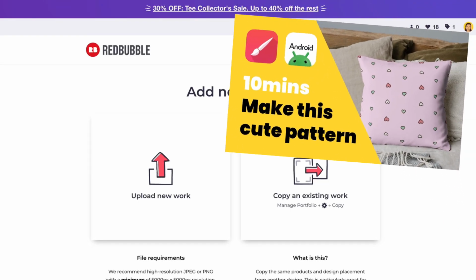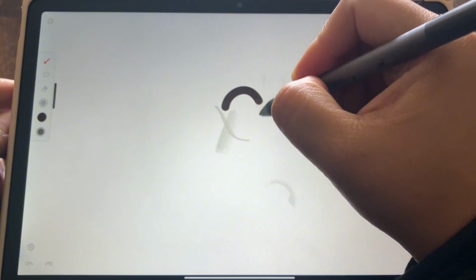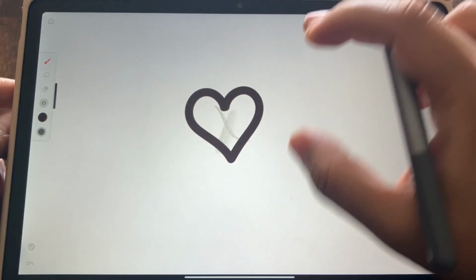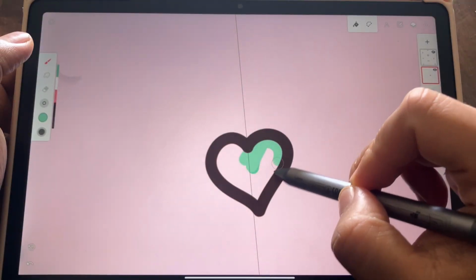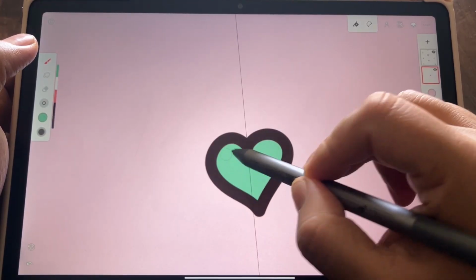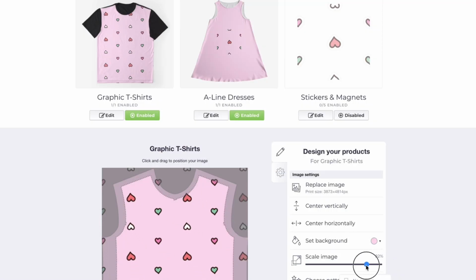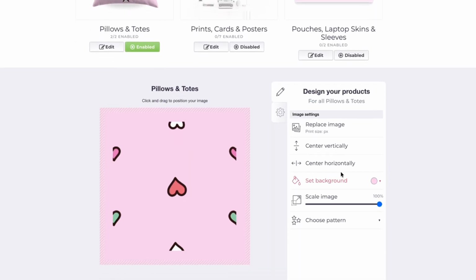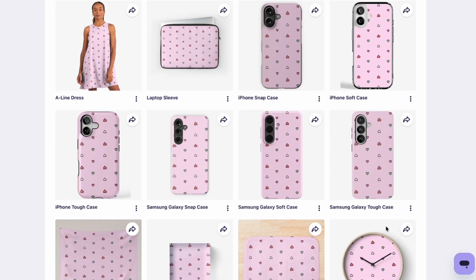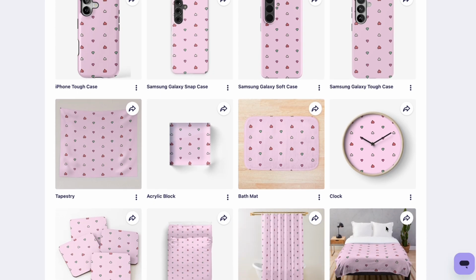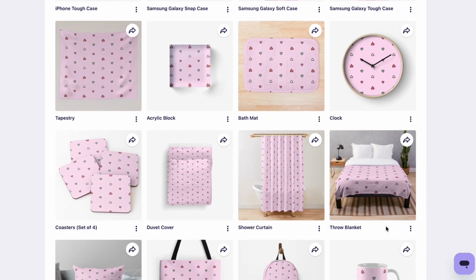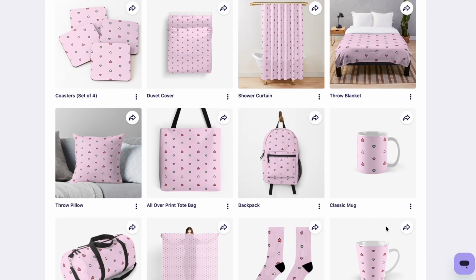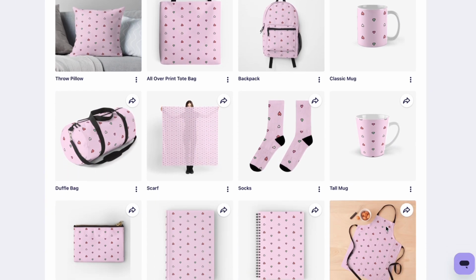In my last video, we made this super cute and super easy hearts pattern in a half drop repeat using Infinite Painter's pattern canvas on my Android tablet. In this video, we'll explore the different applications of seamless patterns using the Redbubble website. This is not a tutorial on Redbubble, but rather a demonstration to help you visualize what's possible with repeating pattern